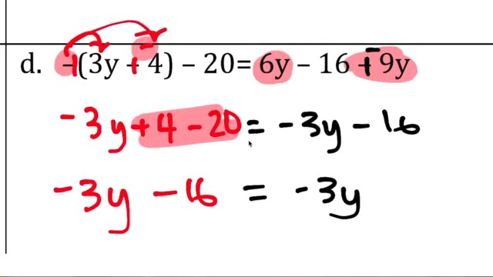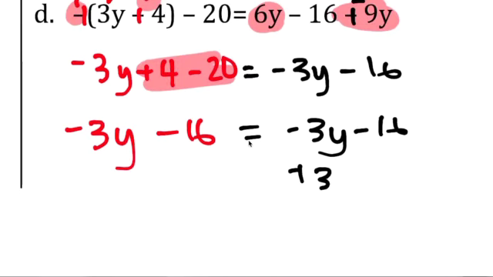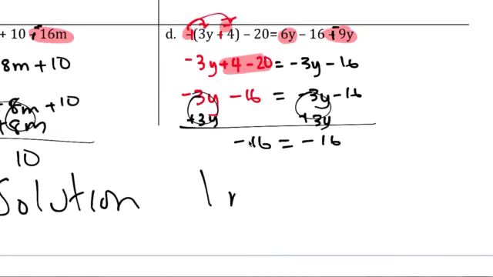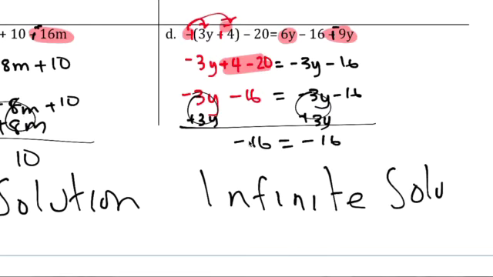Negative 3y minus 16. Notice they're the same on both sides, so your answer will be infinite solution, correct? This is 0, 0. This is negative 16 equals negative 16. This is infinite solution. All right,